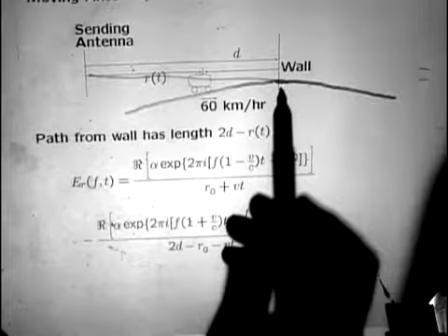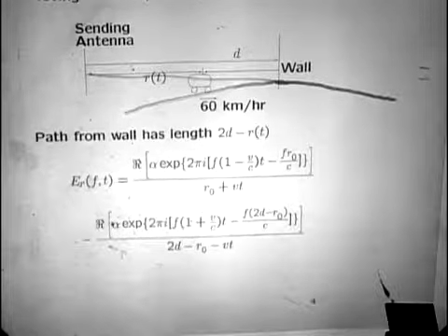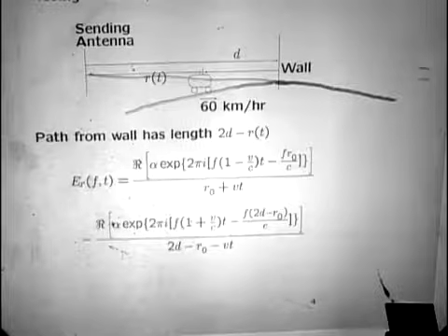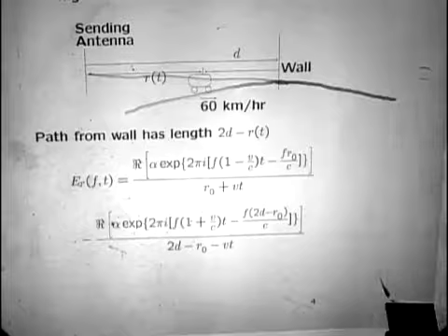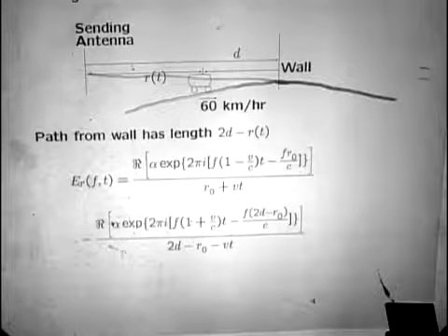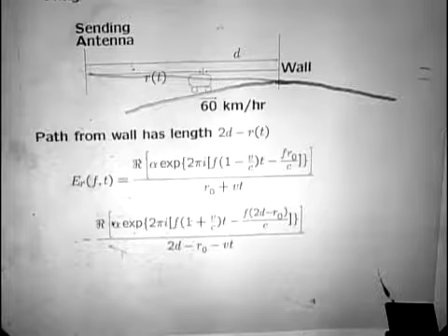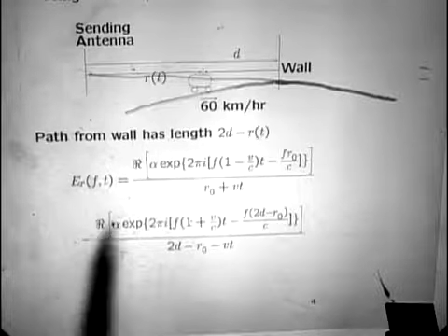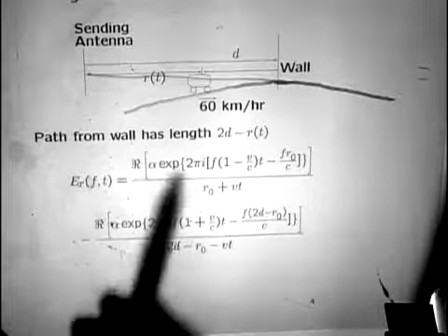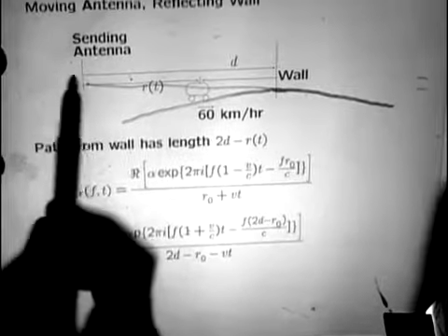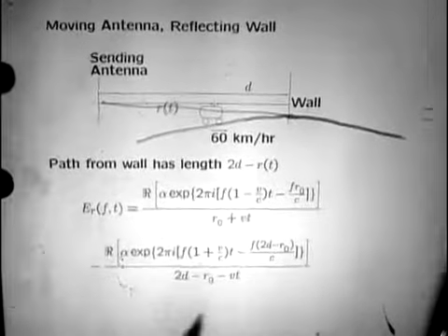So you can satisfy Maxwell's equations by having this incoming electromagnetic wave. You would like to have an outgoing electromagnetic wave, but you can't do that because there's no way for the wave to get through. So the only way you can do it is to generate a new wave which is moving backwards, which cancels out the incoming wave right at this point. Okay, so we really have a path here of length 2d minus r of t, and